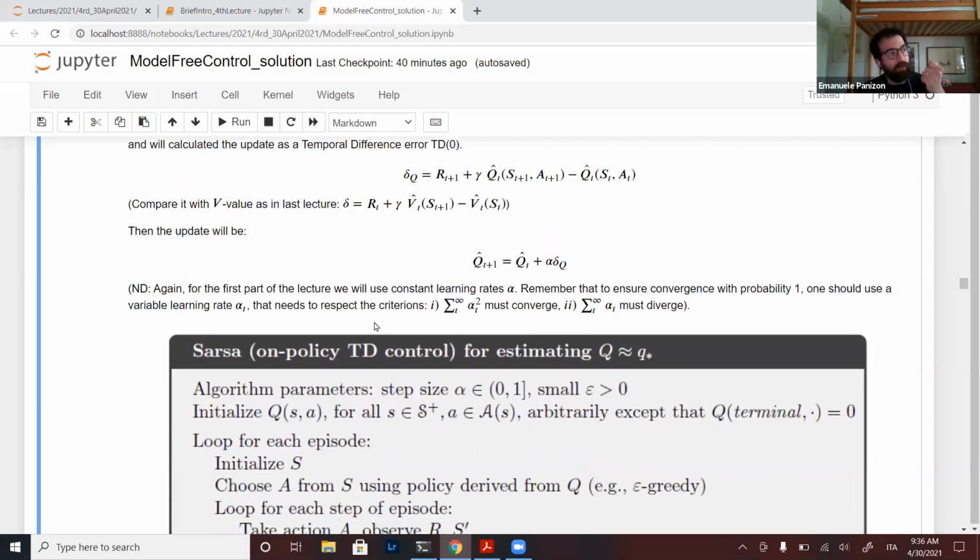So a second convergence caveat, which is, before we said, okay, if you do a constant epsilon, it's suboptimal, especially for a long time. If you do a constant alpha, you will never converge. You will fluctuate around the true value. And as you've seen in class, actually there are, for example, two criteria which ensure that the value goes to the optimal value with probability 1 with infinite time, which is that the sum of the squares of the terms should converge, but the sum of the terms of the learning rates in time should diverge.